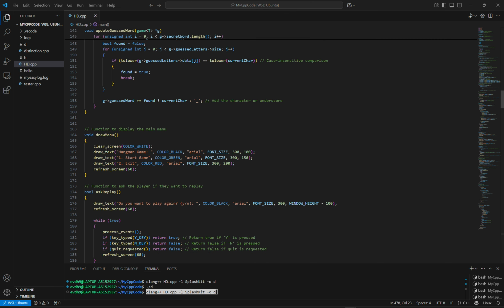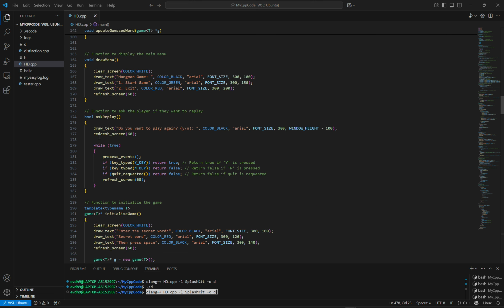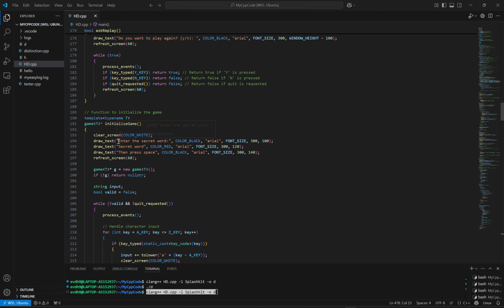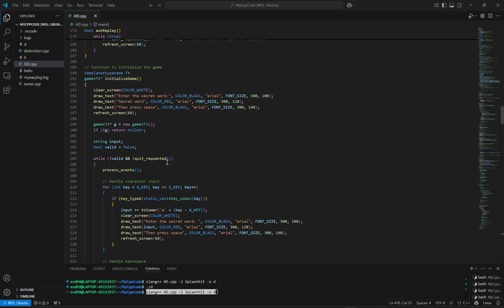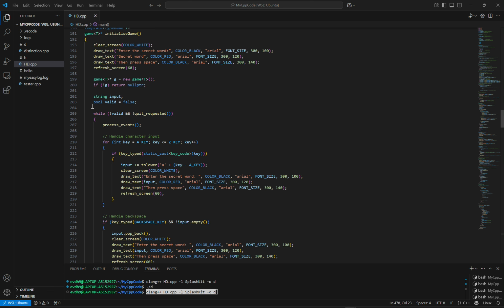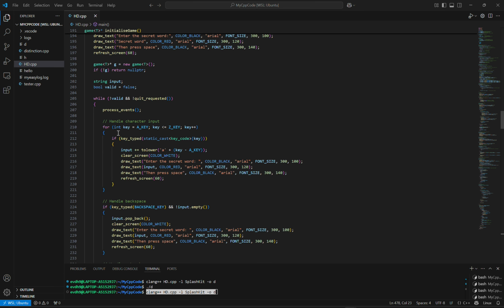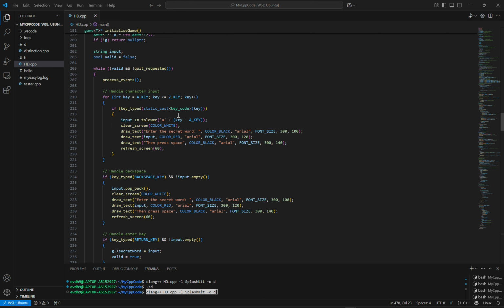Draw menu, again I had to include clear screen and draw text. And then ask replay, I had to create a loop here now, where if Y is pressed, then return true. If N is pressed, then return false. With initialize game, I also had to use clear screen and draw text instead of write line, and then I had to create a new loop here that processes the events and handles key inputs, and then it writes everything on the window,